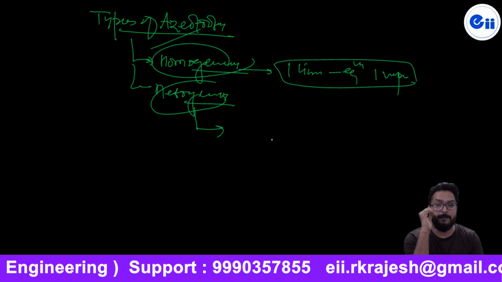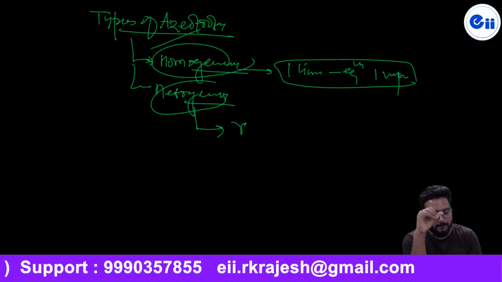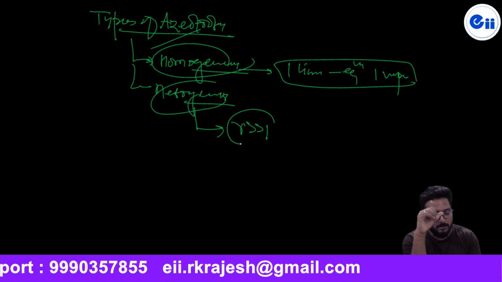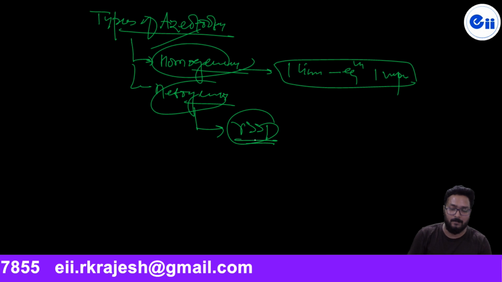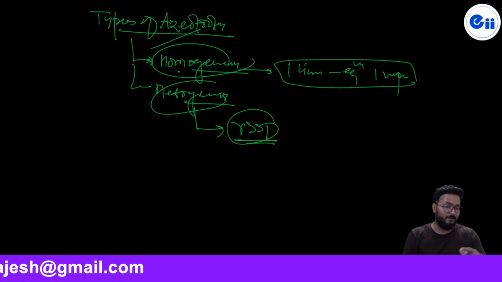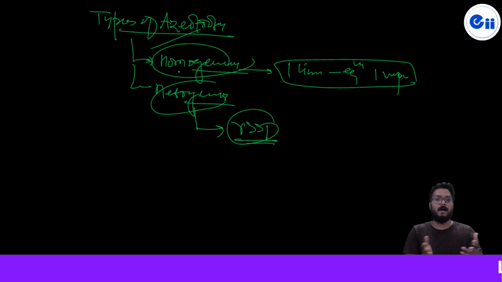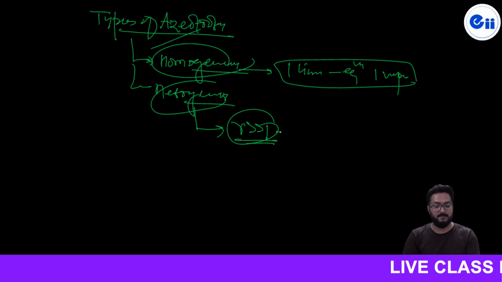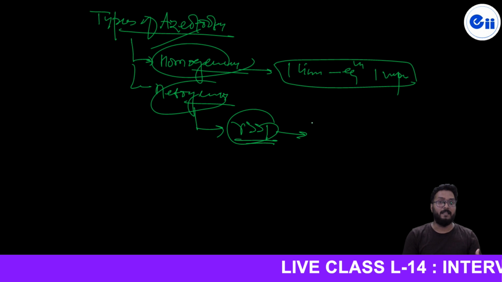Now, my dear student, if the activity coefficient is going to be much larger than 1, then obviously because of non-ideality there is a formation of azeotrope. But if the non-ideality is very, very large, it means gamma is much more than 1. In this condition, the liquid mixtures are immiscible with each other.